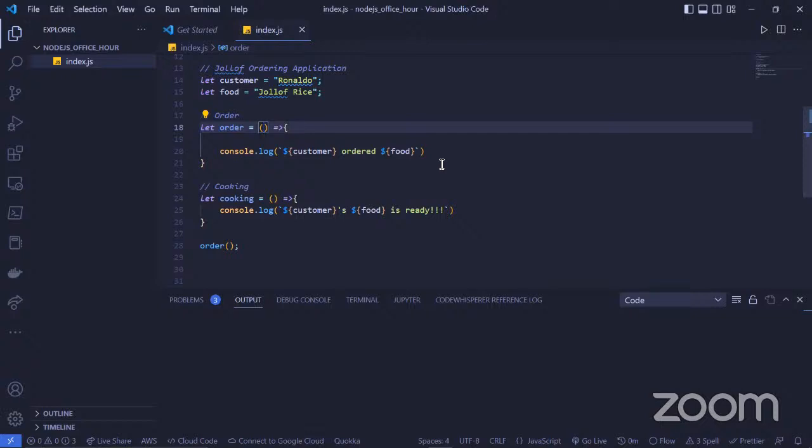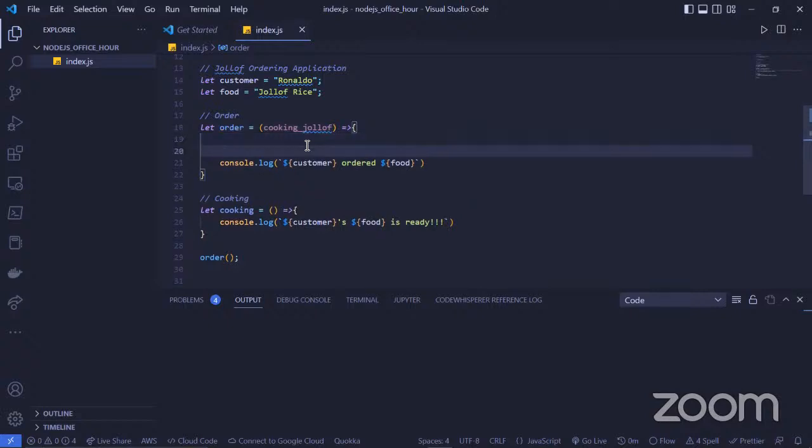Okay, let's say cooking jollof. I can't think of another name right now that we can use, but maybe we can modify this. I just want cooking food instead of just saying jollof. Okay, cooking food. Create a function for it.